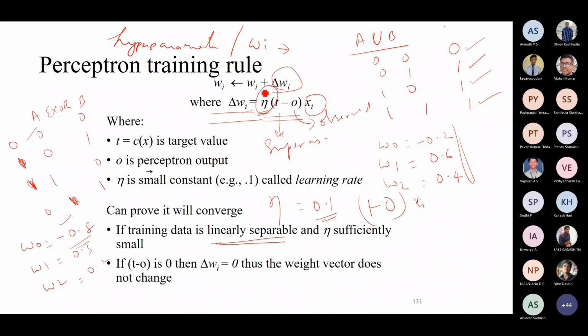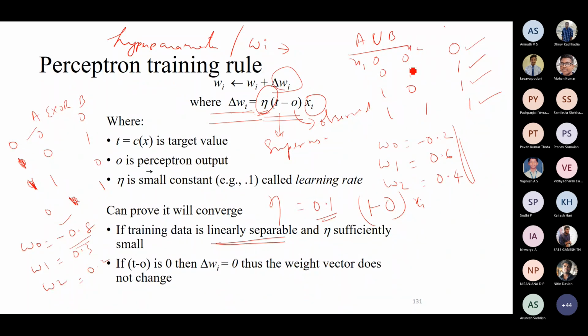Now, how do I modify the weights in general? There is a learning parameter, and T is the target and O is the observed output. And you have this feature called Xi. Xi is your value. So how do I change this value? Delta Wi, that is the change of weight, will basically be done with reference to the learning rate eta, and this is T minus O. So what is T? T is the target. For example, 0 is the target if you do A or B. 1 is a target and 1 is a target, and these are your x1 and x2 features.